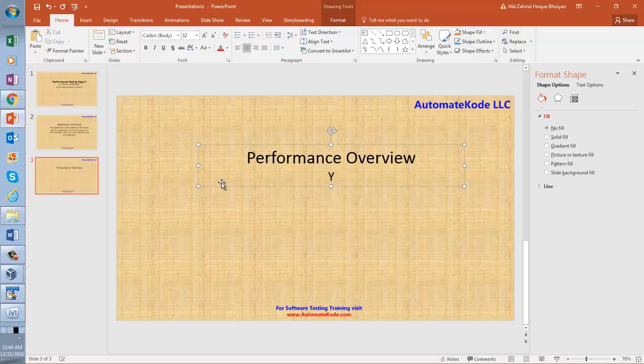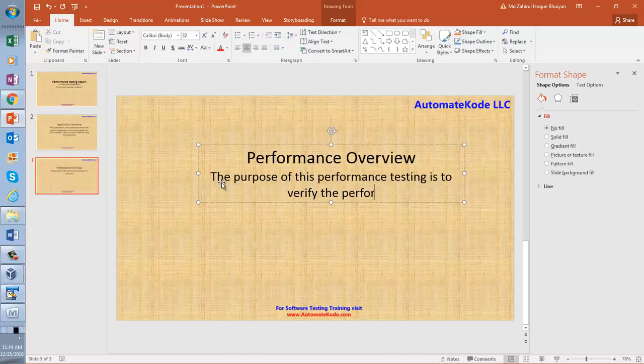The purpose of this performance testing is to verify the performance of HP Web Tools application.